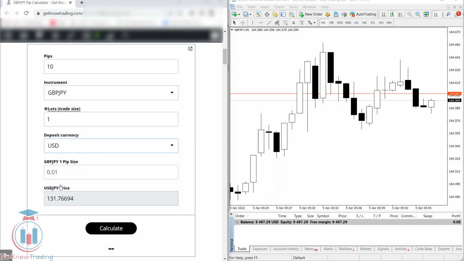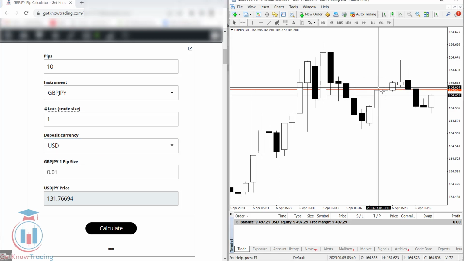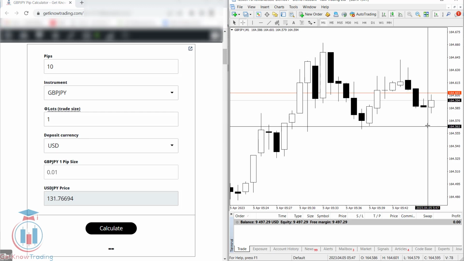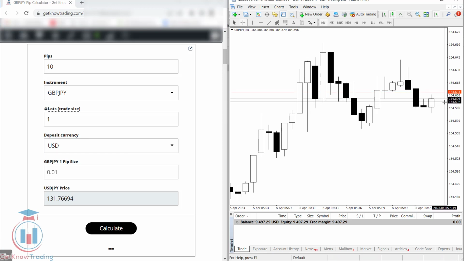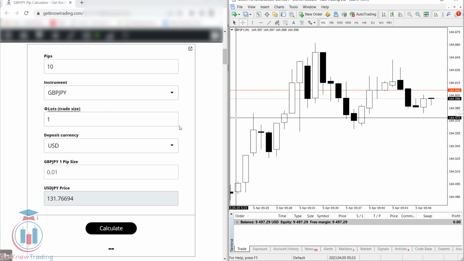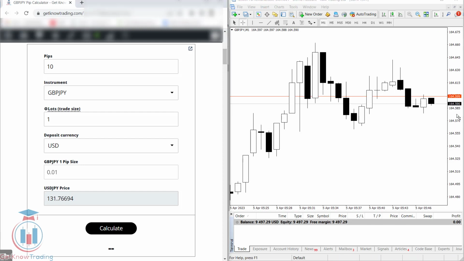Then below that, after you have selected deposit currency, you have a GBP Japanese Yen 1 Pip size. That means when you go into the trading platform, in my case I'm using IC Markets Forex Broker, I have a value of 164.59 and the last digit is a pipette. So 2 decimal points is the GBP Japanese Yen 1 Pip size. The last number, which is a pipette, is not so important in calculating the Pip value, so you can disregard